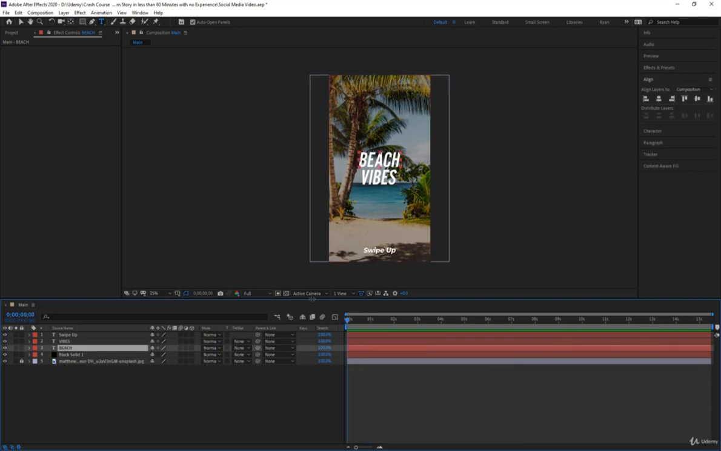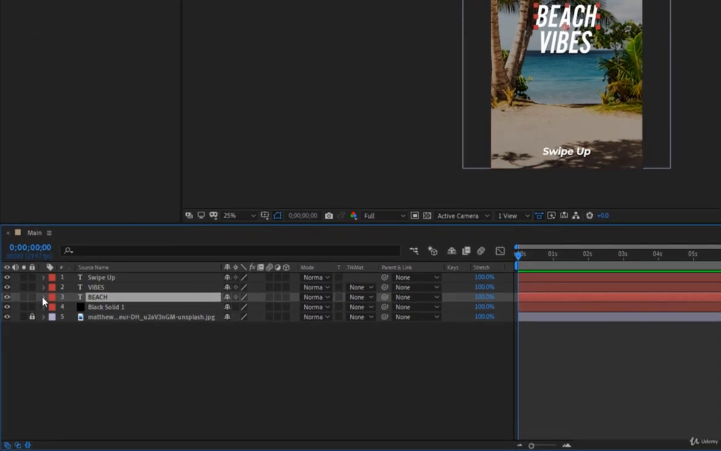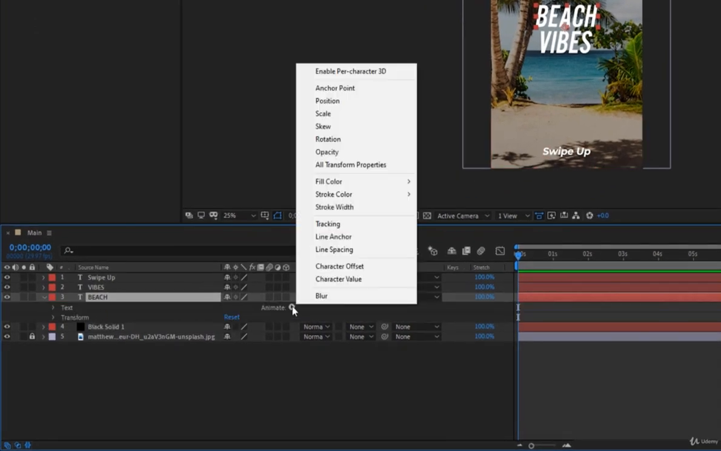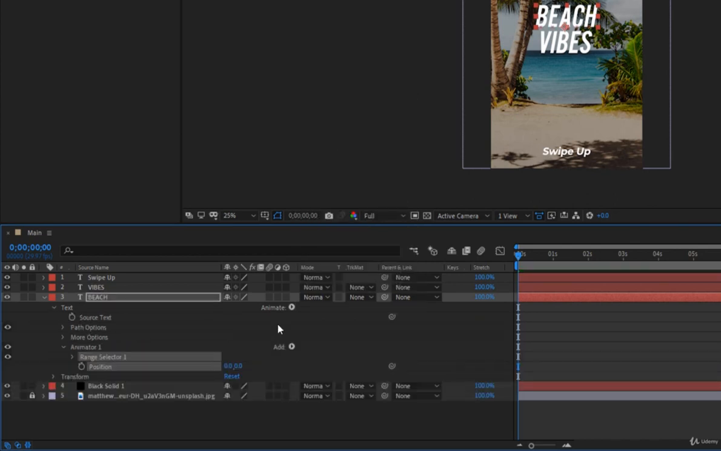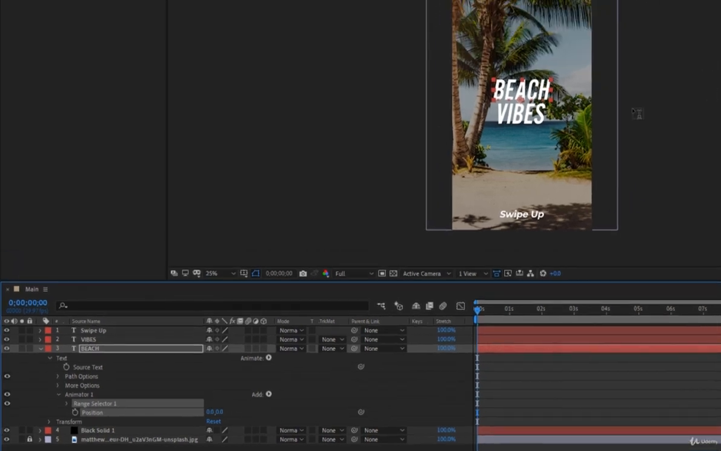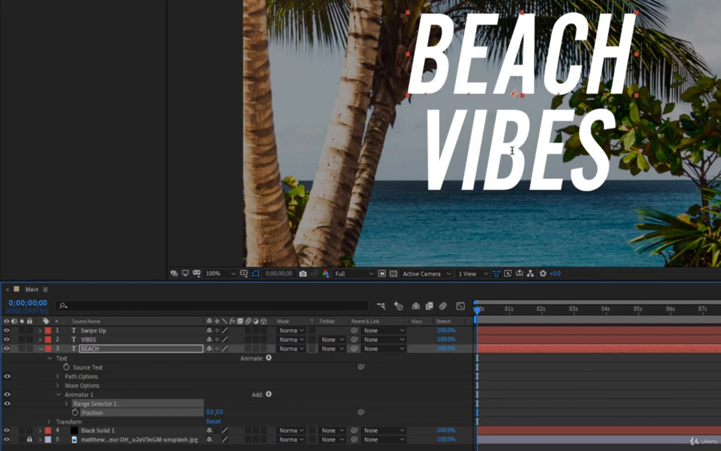So what I'm going to do is twirl down beach, and then go to animate, and click position. And the same principles that we learn now apply again and again throughout After Effects. So when you get your head around this once, it's just going to be really easy. So in my head, what I want is for beach to slide up, and then I want vibes to